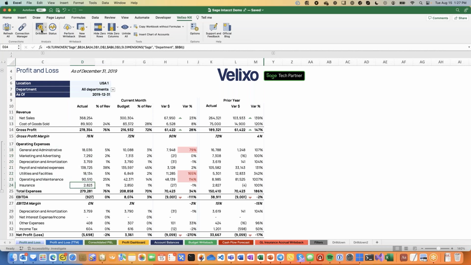Drill down is actually quite important, and we'll see it with a construction report. But what I wanted to mention is that all the functions, all the data that you see can be audited using the drill down function that we have in the Velixo toolbar. Using drill down, you can click on, let's say, total expenses here, hit drill down, and drill down will analyze